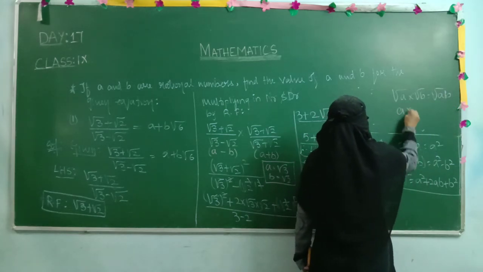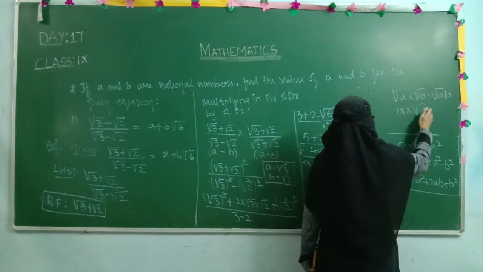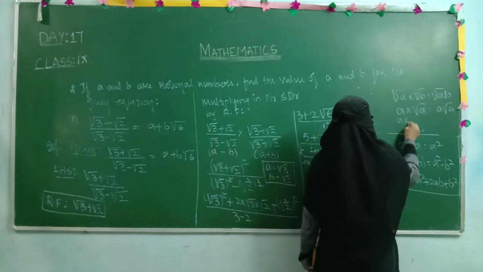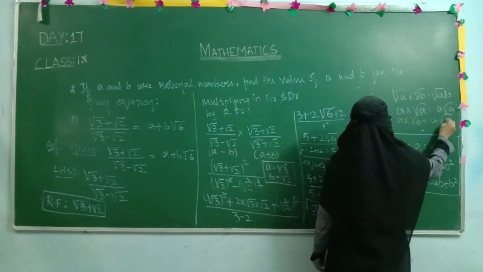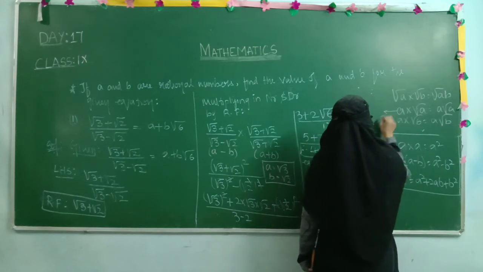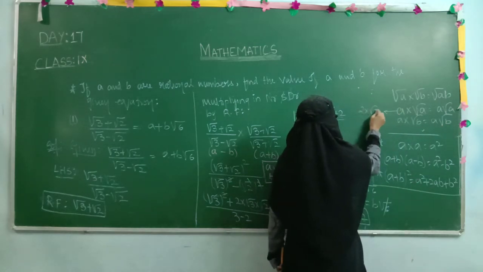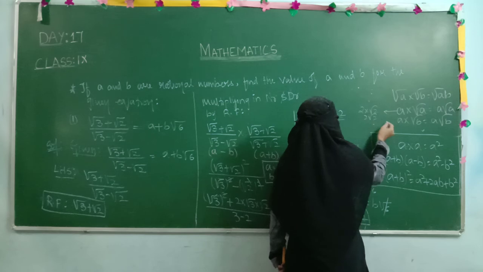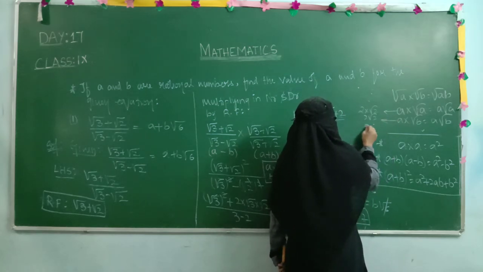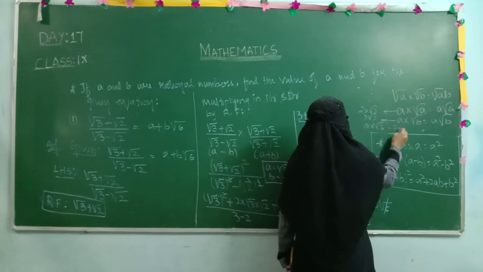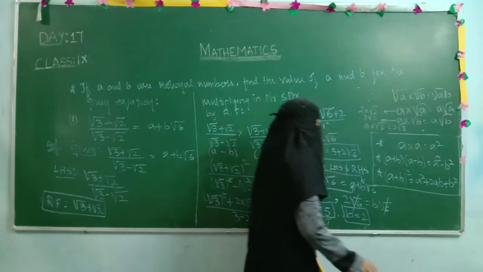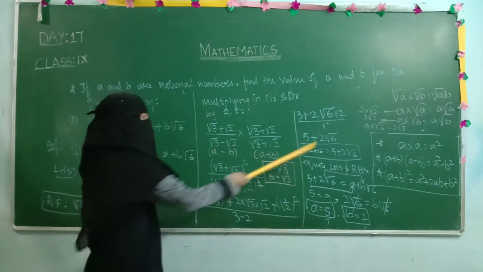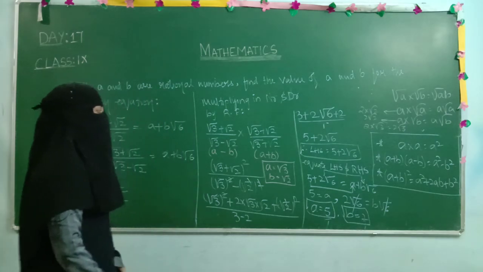If you are having a into root b or a into root a, you will get a root a. A into root b is equal to a root b. These are most important. Here I will give the examples. 2 into root 2: you will not get root 4. This is wrong. You will get 2 root 2. And for 2 into root 3, you will get just 2 root 3. I found that mostly all the students are committing the mistake in this. So these are the properties of square root, you need to follow that.